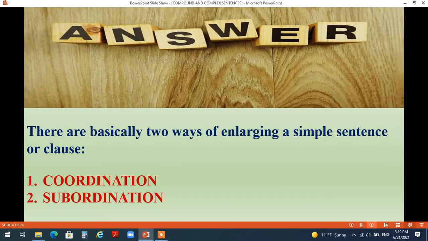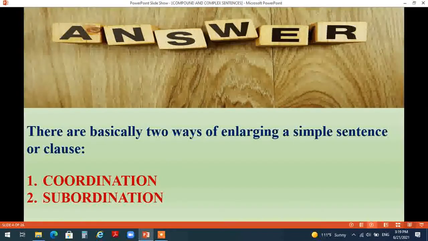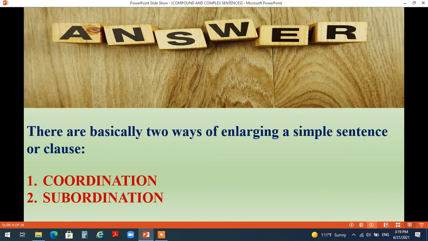These two methods are either by using coordination اللي نسميه الترابط التناسقي or by using subordination اللي هو الترابط غير التناسقي أو الذي يكون فيه the two clauses, one is dependent and the other is independent, as we shall see